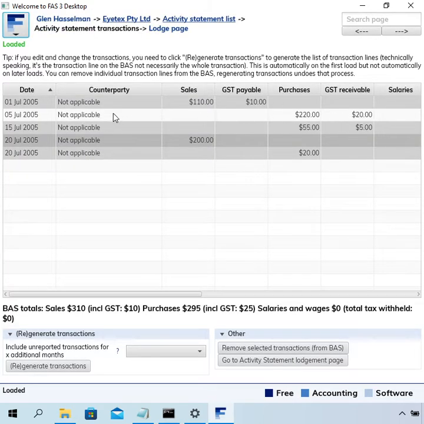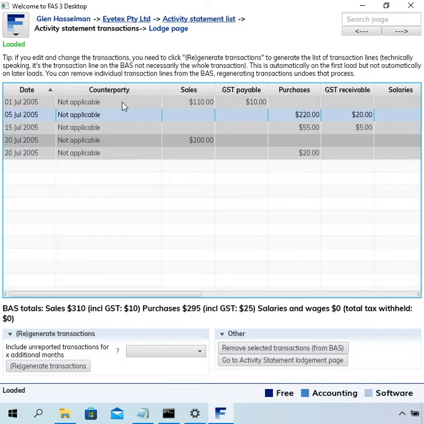We can see that the original activity statement had these grayed out transactions on it, and there was this transaction that was missed, so we added that transaction in, and then revised and regenerated the transactions for this activity statement. Now